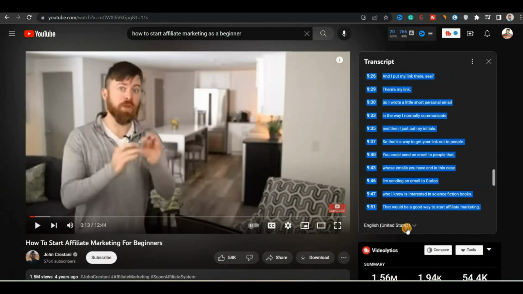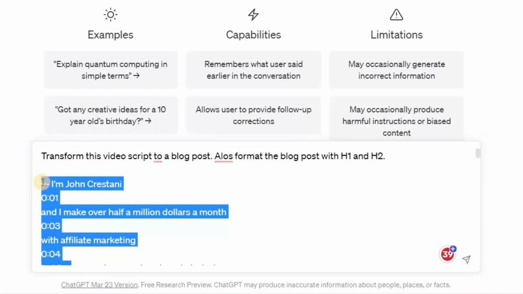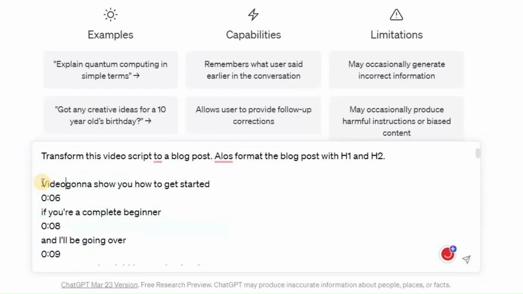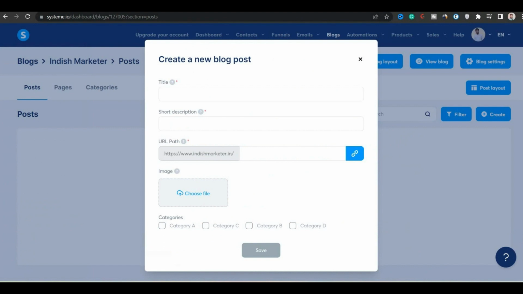Then I will copy the transcript and go to ChatGPT, where I will enter a prompt that will transform the video script into a blog post and format it with H1 and H2. Once the post is generated, I will copy the title of the post, go back to system.io and paste it